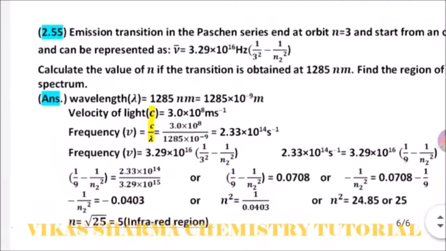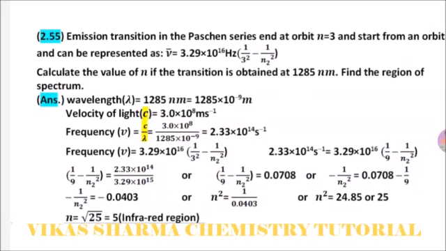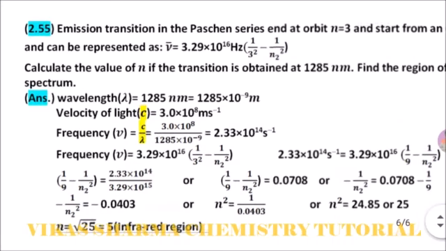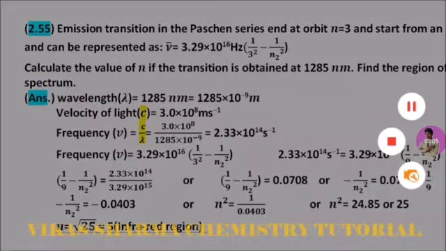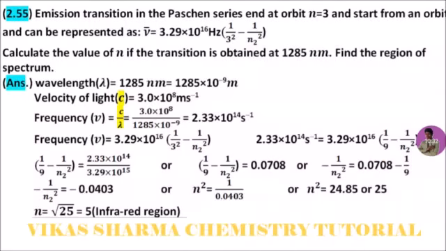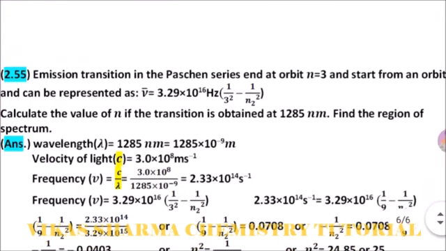Students, it's a typical question, where the value of n is asked. When radiation is emitted, the wavelength comes in the higher zone. So you can easily see the display and solve this type of question, because it's based on the Rydberg equation. On the Rydberg equation, various typical types of questions are based. In question 2.55, the n2 value is asked, and you can solve it by the Rydberg equation.